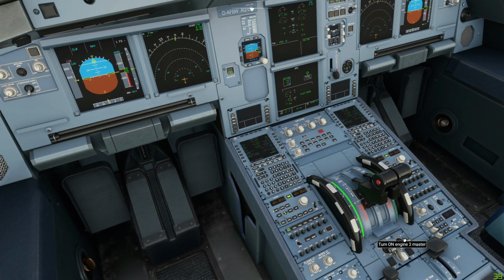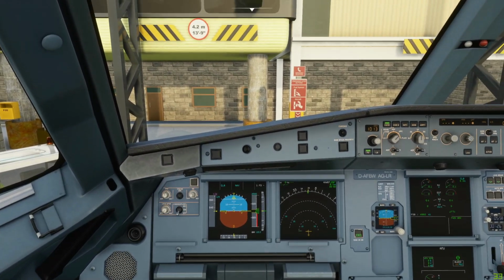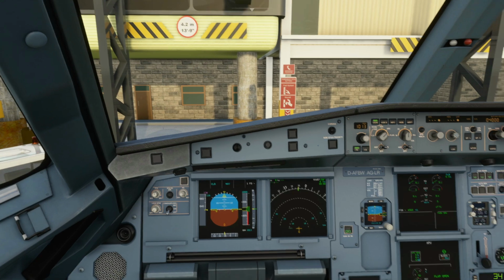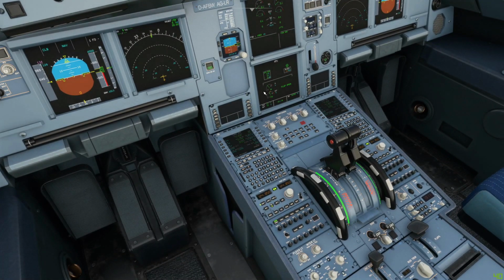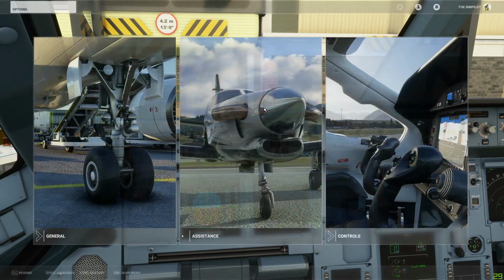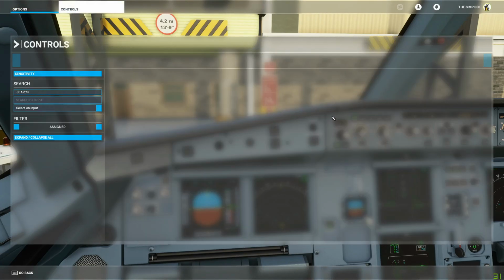Engine switches need to be off. I left them on. That's my bad from previously trying and failing to set up the Thrustmaster TCA Officer Pack. I was messing with the sensitivity settings to make the throttle match the detents, and I did that. So if any of you is using the TCA throttle or TCA Officer Pack,